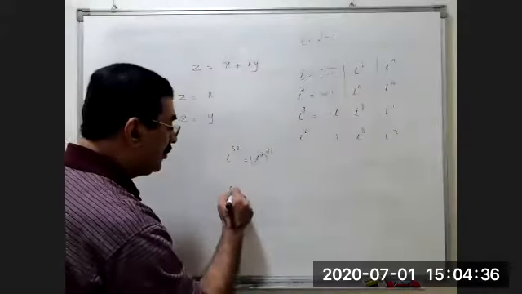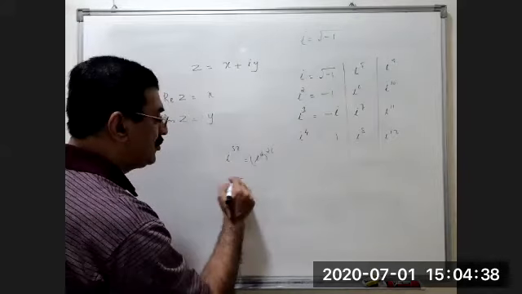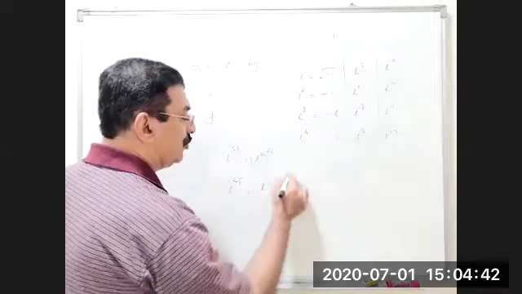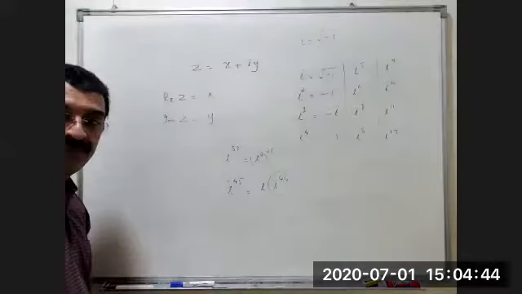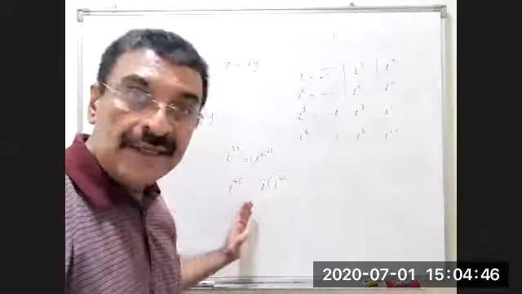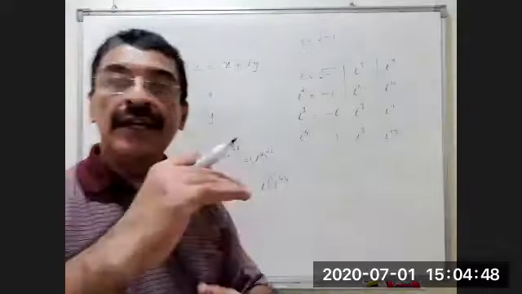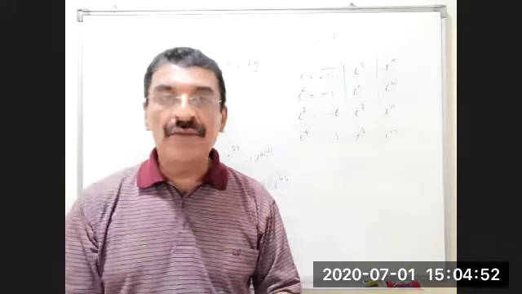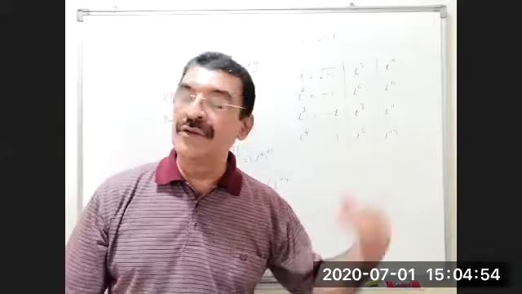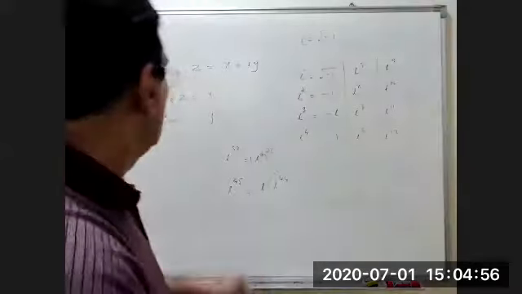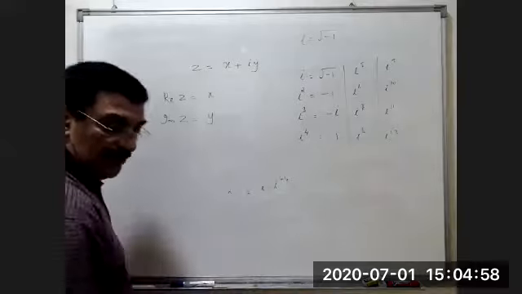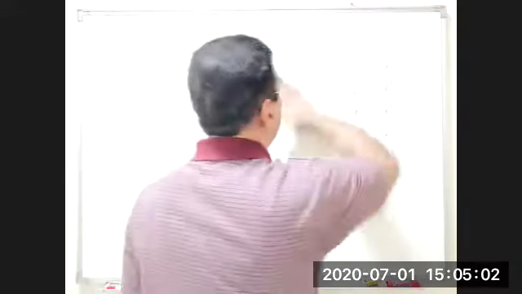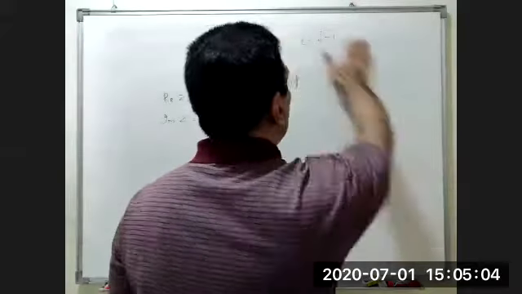Whereas if it is an odd number, i raised to 45, we write it as i times i raised to 44. This is what we get, even again. So this i, we keep it separate. This i raised to 44, again write it as i square, the whole raised to something. Then the value of i square can be written. So this also we discussed. This is the complex number and the value of i, and we know how to evaluate higher powers of i. Then we discussed